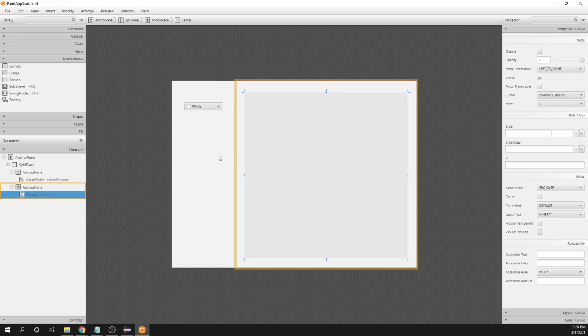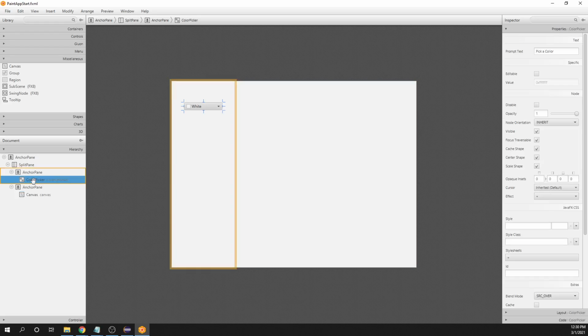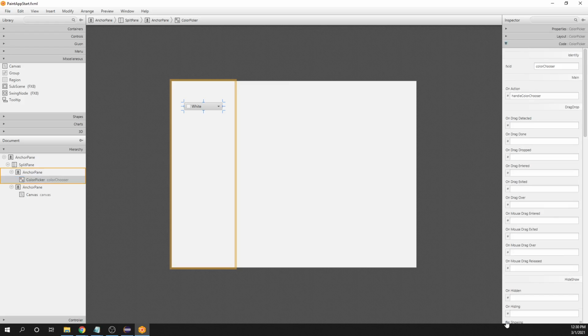As far as the other setup for the color chooser, I've got an FX ID for it called color chooser, and then an on action for that, handle color chooser. So when the user clicks on this drop down menu and then clicks on a color in the color chooser, it calls that handle color chooser method. And then on the canvas,